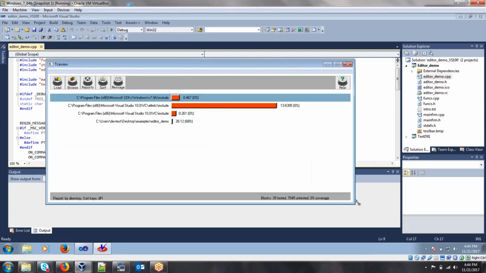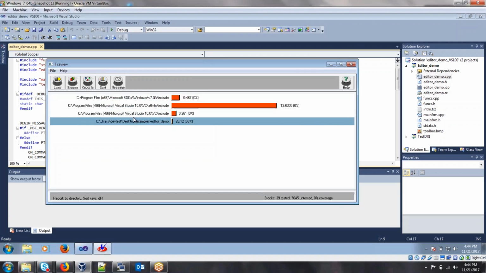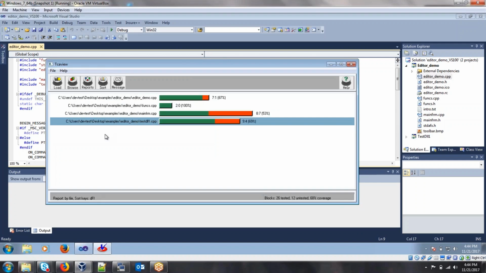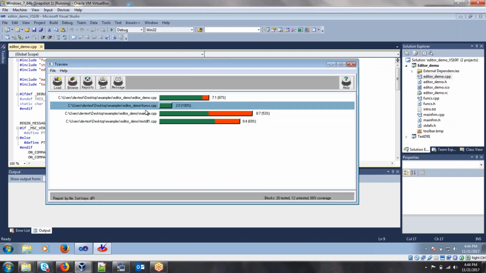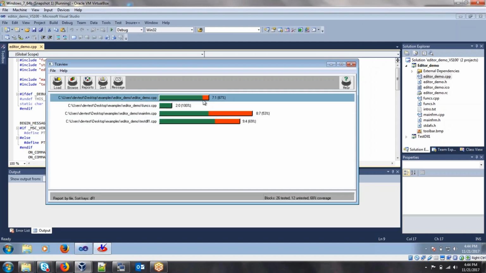Now after opening, we can see that we actually have some results in here, the top three being Microsoft libraries and the bottom being our actual instrumented application. This is what we're very interested in. Double-clicking it allows us to drill down, and we can see now each of the instrumented files, and we can see what lines were covered. We can also see down here exactly what blocks were tested and how many were untested, as well as the